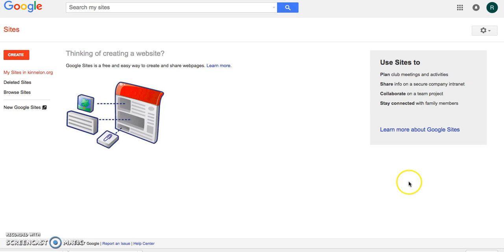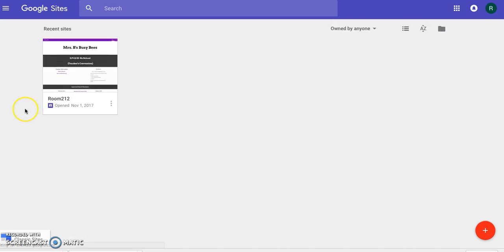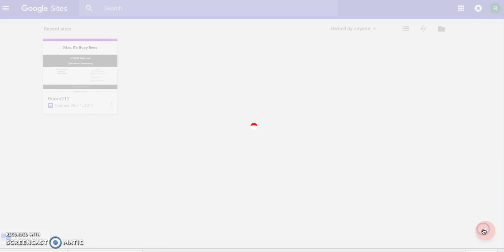We'll open up a new screen. We'll go right over here to New Google Sites, and we'll click on that. And that will bring us to where our Google Sites will be found. As you can see, we already have one here. Over here is a plus sign. In order to create a new site, you just go ahead and click that, and it brings us right to